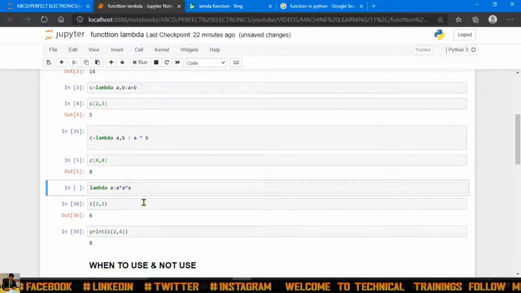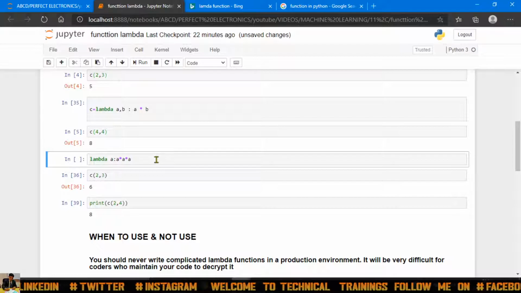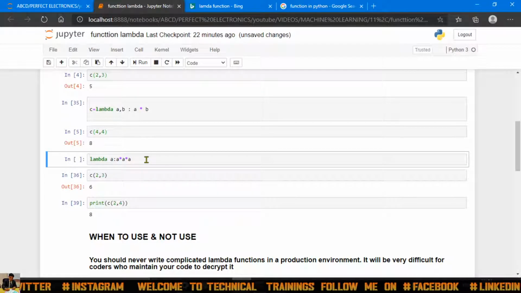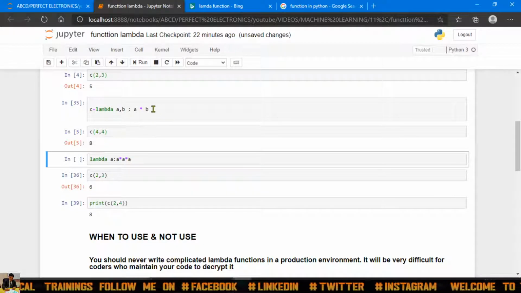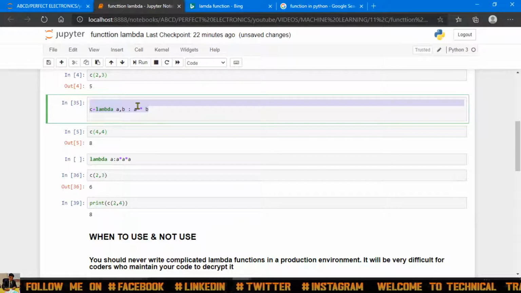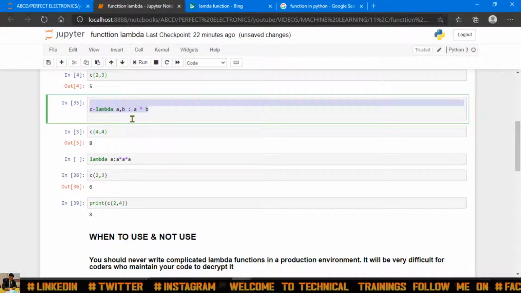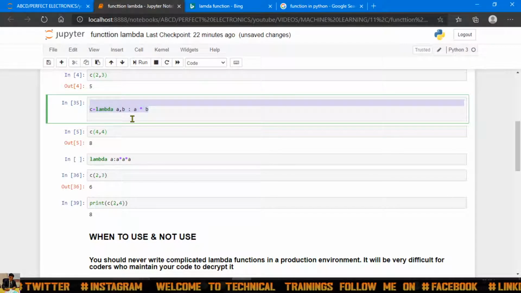Okay guys, this is what you must know about how to use lambda. Lambda is basically used for a particular single function. We cannot put more than one function expression. You can give the arguments, but you cannot make more functions here. It's used for a single, very easy function, guys.